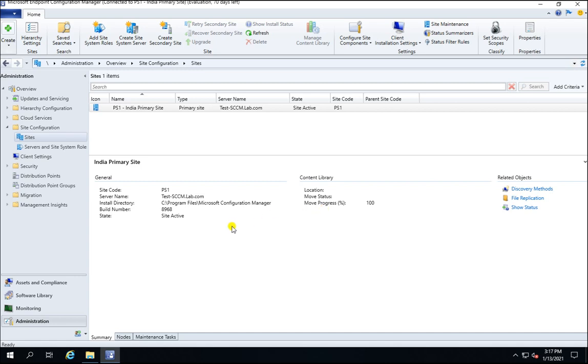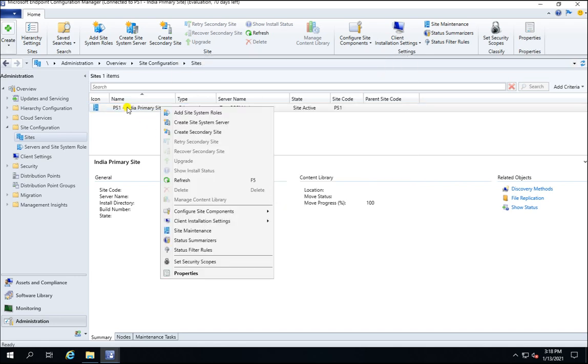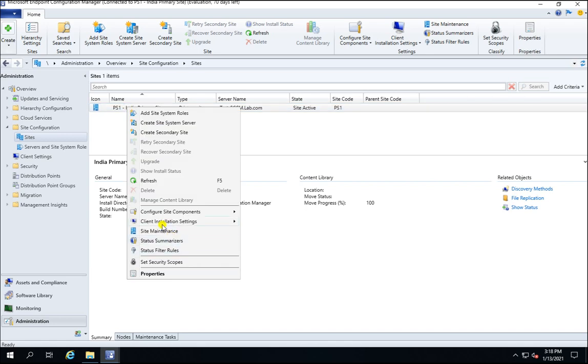Okay, so let me go to the SCCM console and show you how you can use the maintenance tasks. I am under Administration, under the site. I can right click here in the SCCM console, and here you see Site Maintenance.